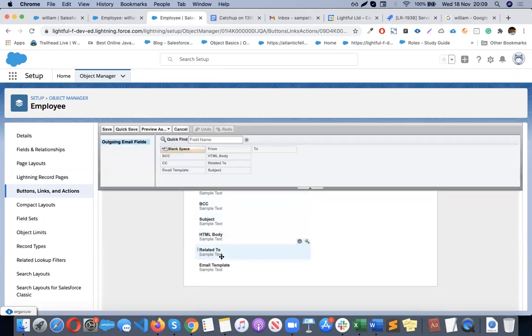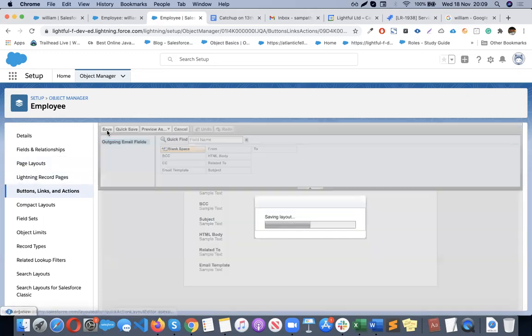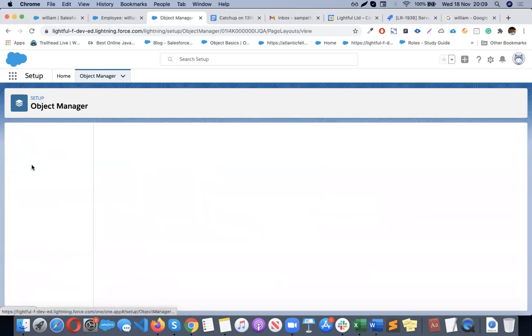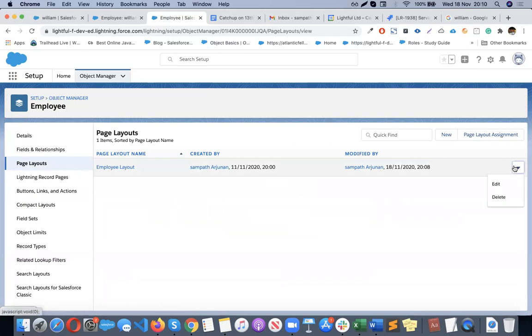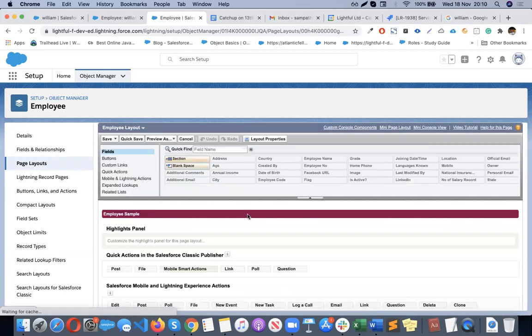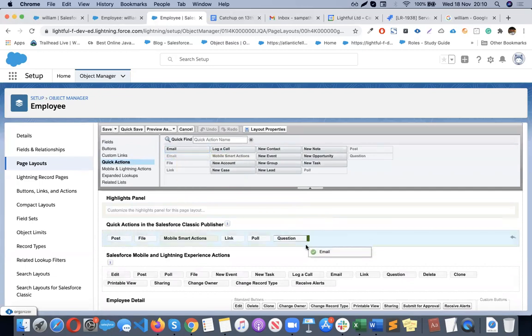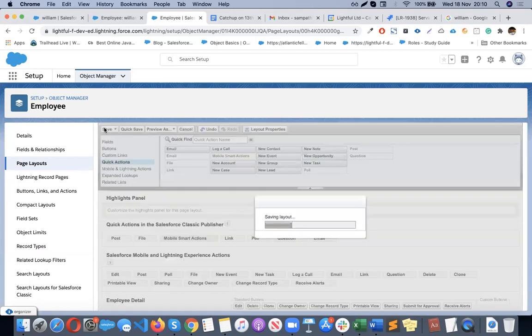And what fields do you want in that custom email? Actions. Okay. Now you can go and add that into the actions. So if I go here, quick actions, you can see this is the one, employee custom email. This is the general email. This is the one which we added. So you can put it over here. Save.